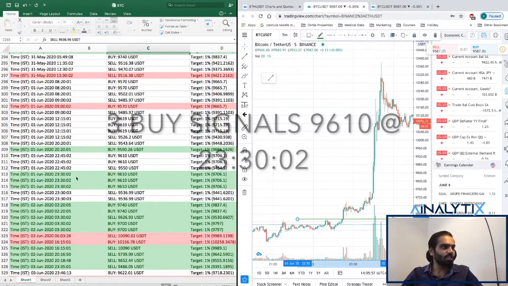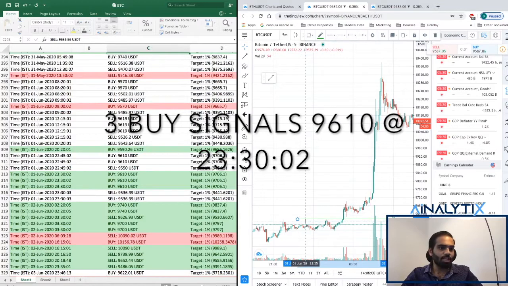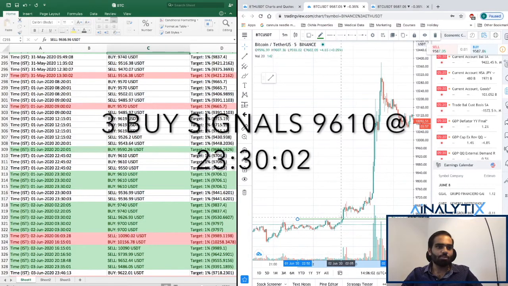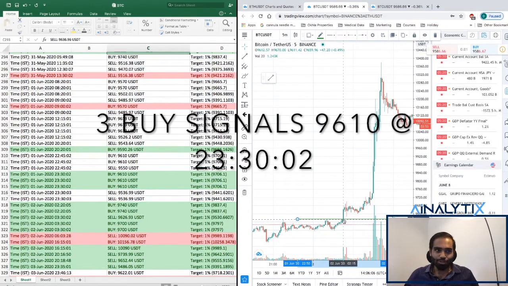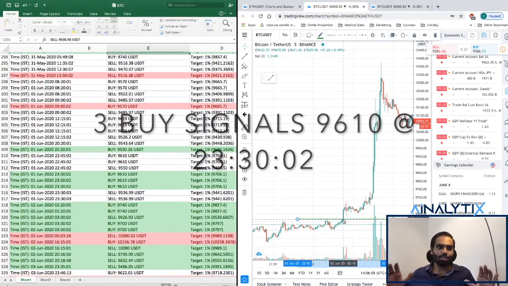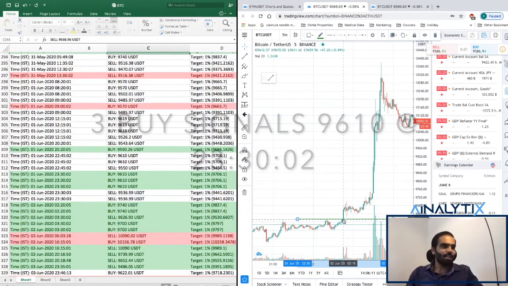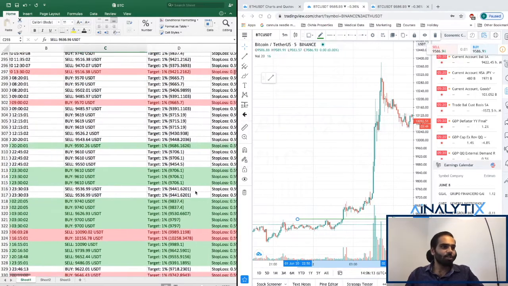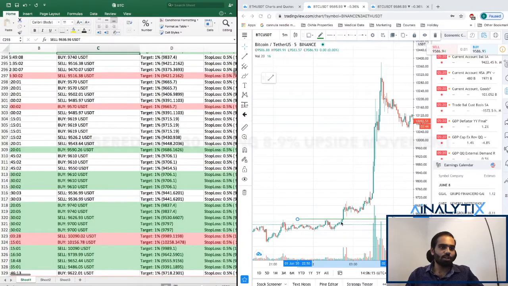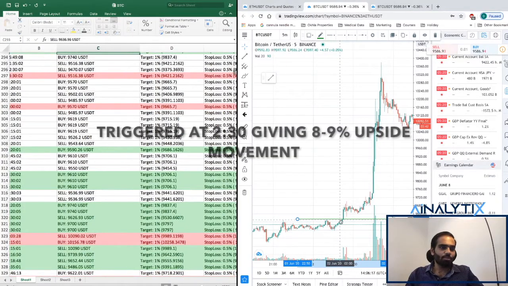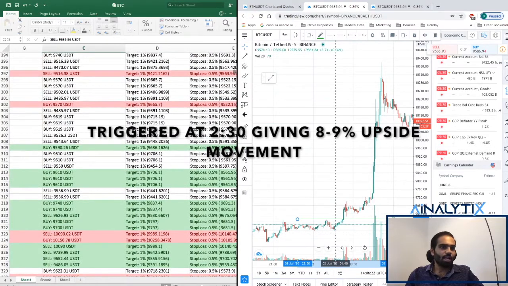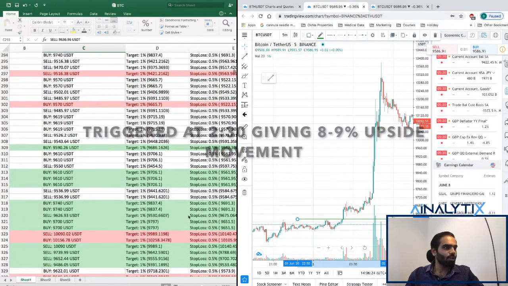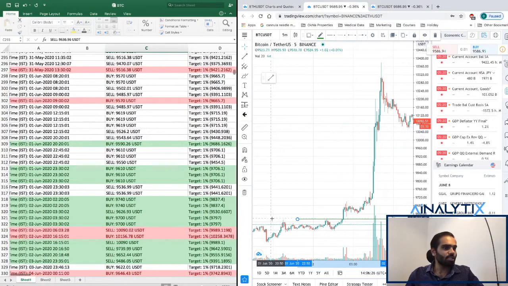So these signals came out at 11:30. So 11:30 is about here, and this level was broken out at 2:15. So you had about 3 hours to place your position, realize your position, take a seat back, and enjoy the ride upside, because you can see how good these levels were, and once these levels were broken, it gave a good upside movement, and once these levels were also broken, you could see for yourself that you received a couple